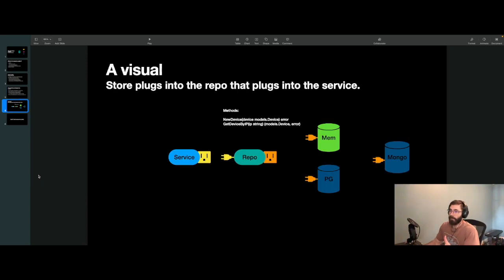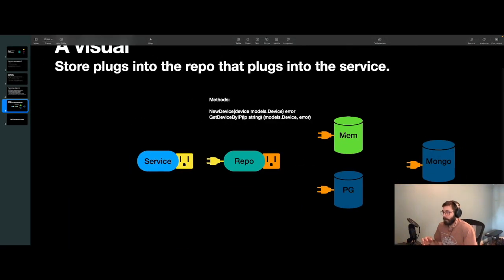So let's take a look at a visual here. So we've got a service, and this is also another pattern, dependency injection. We're wiring up our repository into the service, but in this talk we're discussing the repository pattern. So here's an interface, a couple of methods that you would tie to an interface: new device and get device via IP. Well, as long as our in-memory data store satisfies these methods, we can plug it into our repository,